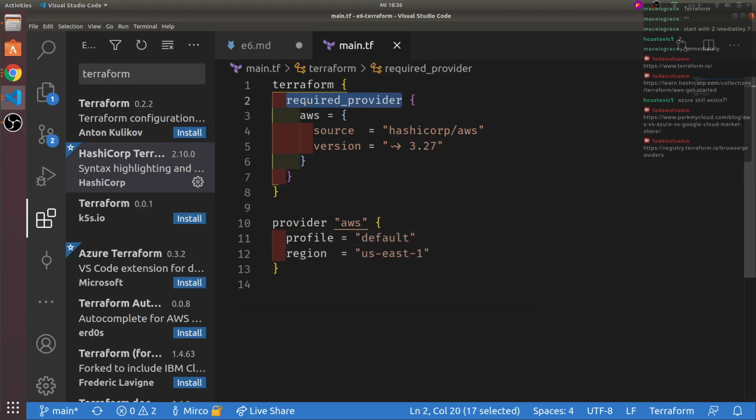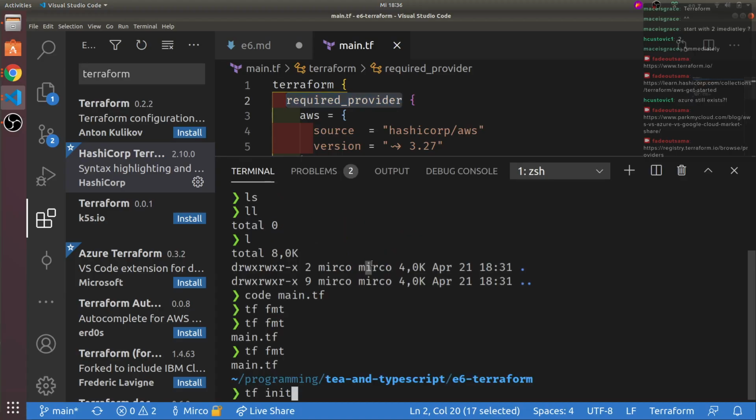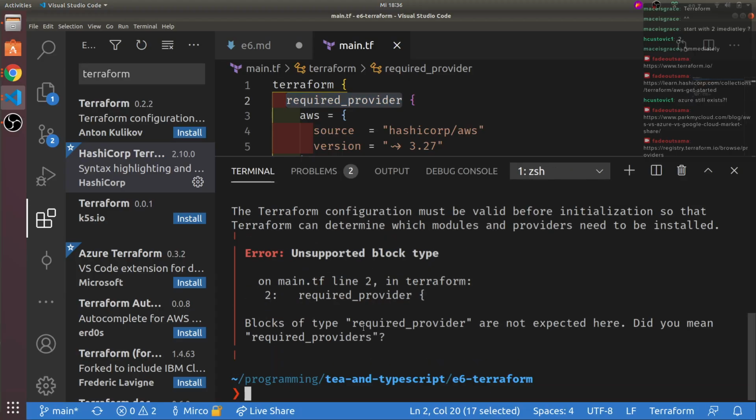Because we now defined the providers, and now we have to download these plugins. And I think this is done by doing so. Apparently it's called providers.